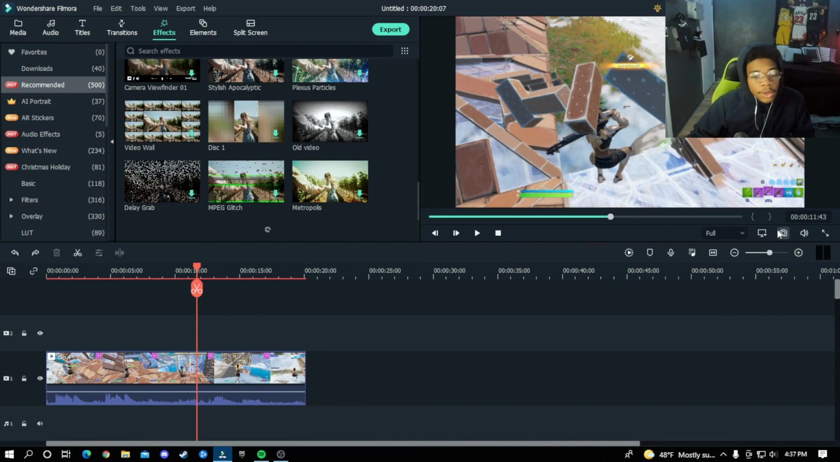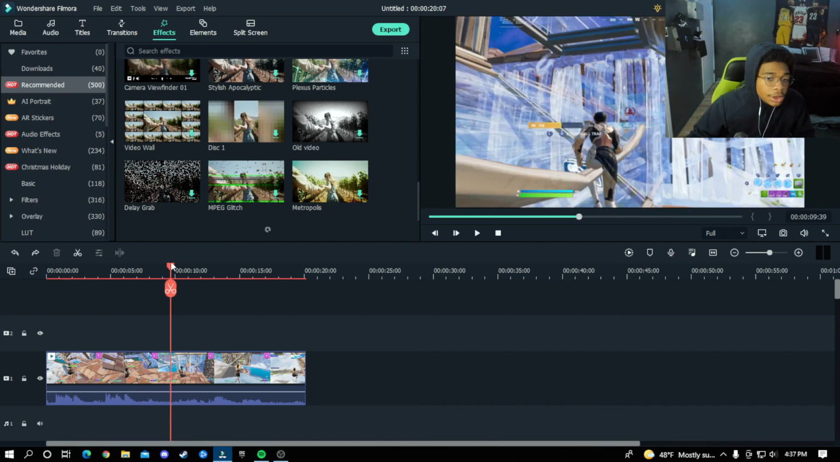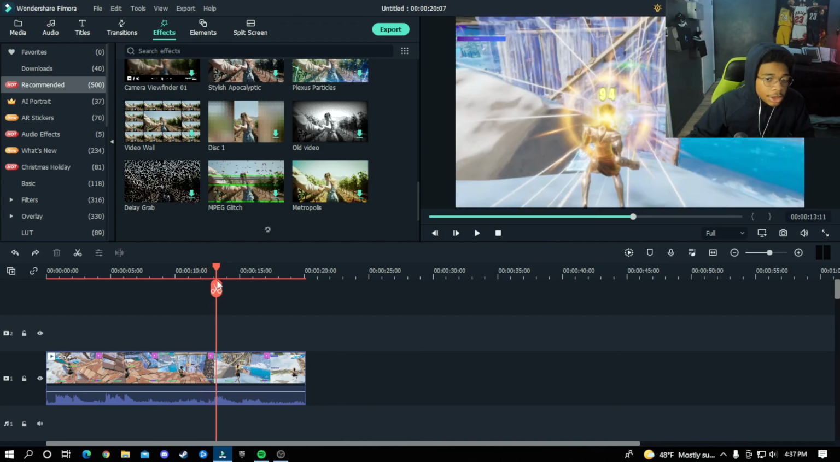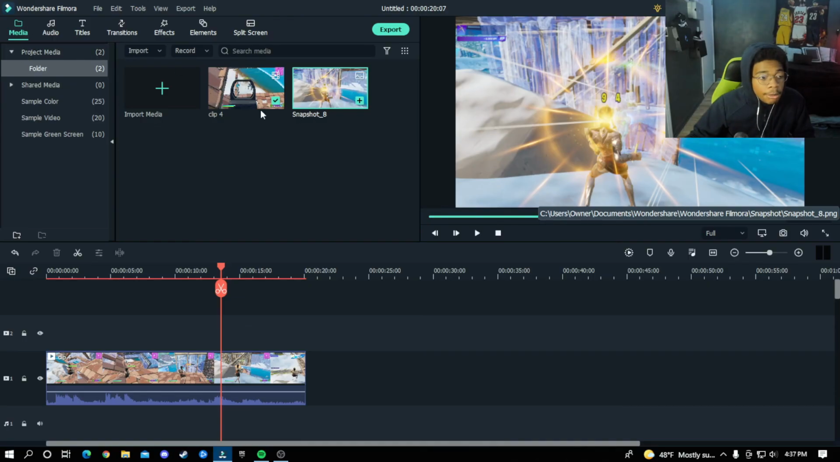Now, if you want to take screenshots for thumbnails, which I do a lot, if I was to take a screenshot for a video, I would drag my line across my project and find a point which I think would be a good thumbnail, and probably right here would be the best thumbnail. And all I would have to do is click this camera button, and it would automatically put a screenshot into my media, and it would be stored in my files as